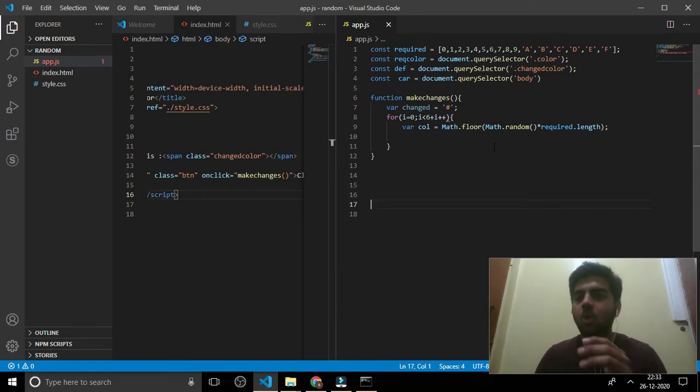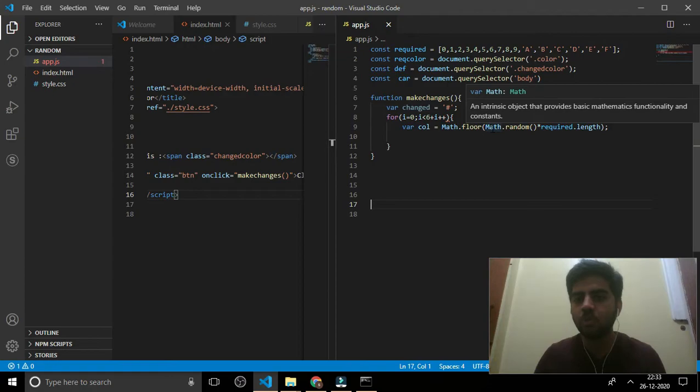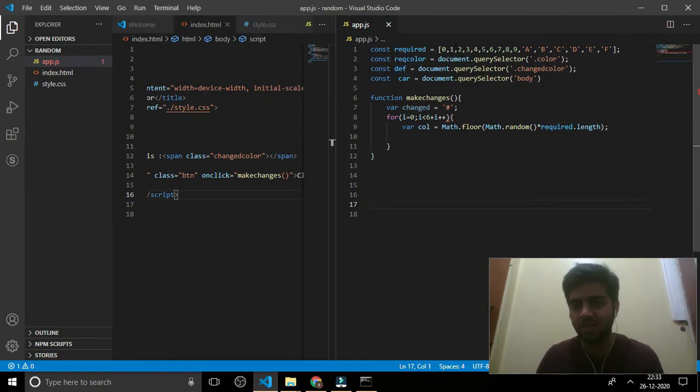Okay, what happens here? Math.random will generate any number. So what is required? Required is a constant which is an array. What is required.length? Required.length is the length of the array constant named required.